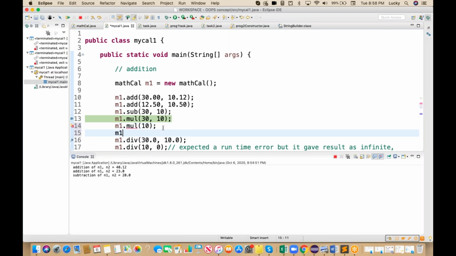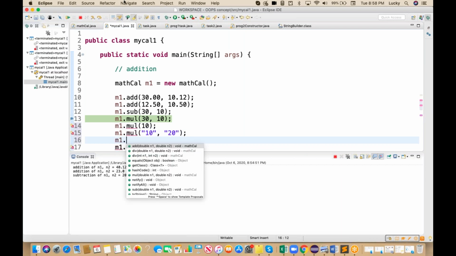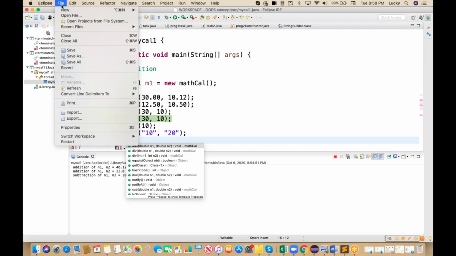Now if I say m1 dot multiply 10 and then 20, will I be able to multiply? No. Why? Because when I say m1 dot,